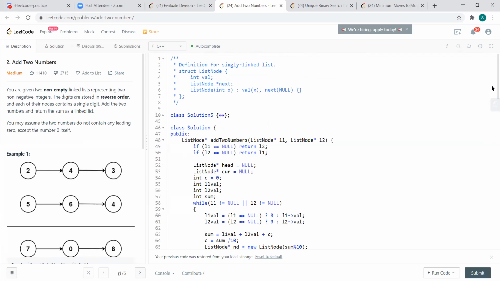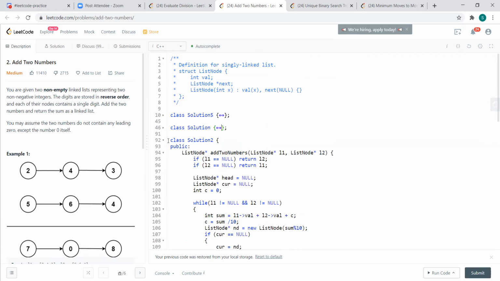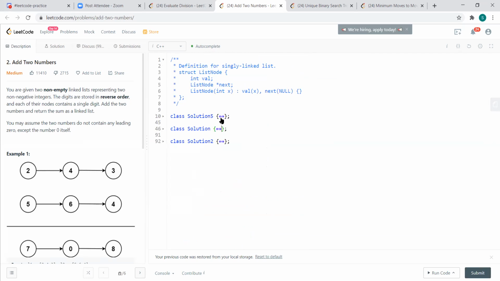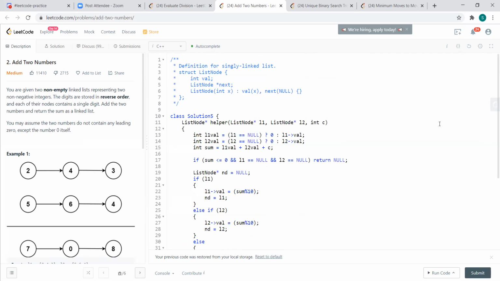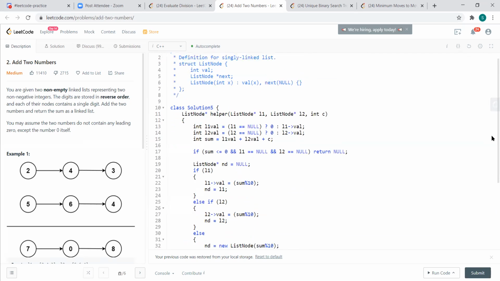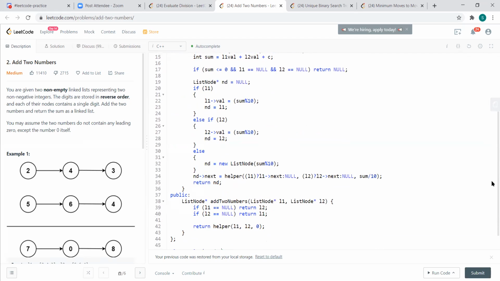And another way was using recursion. Oh, that will be more challenging. Yeah, but I'm not sure it's really an efficient way of doing it or not. But I think someone did it some time back, so I'm just trying to use that implementation. So it's like you are adding two numbers. Okay, so these are the two lists.